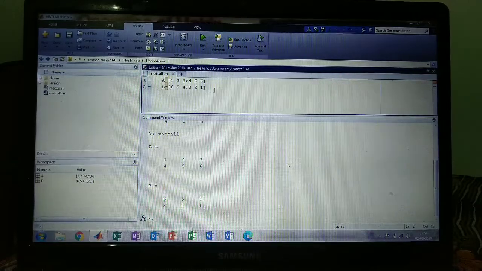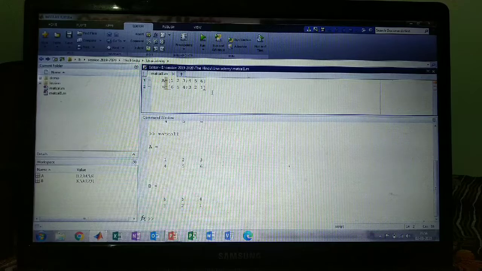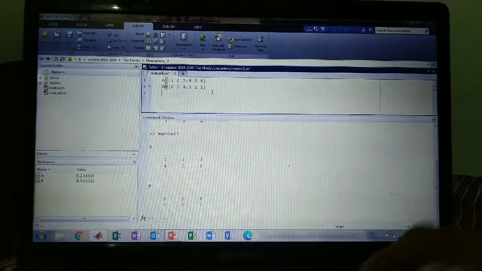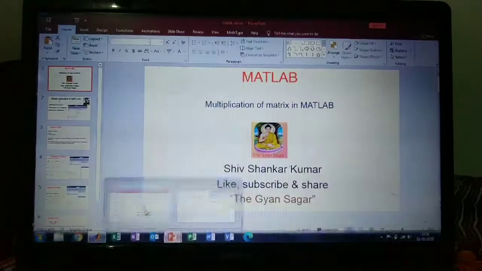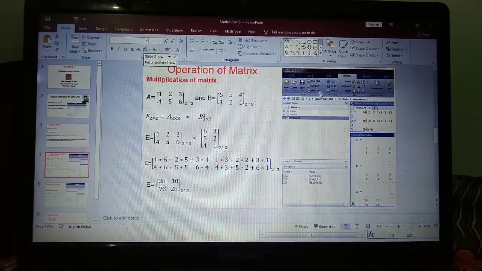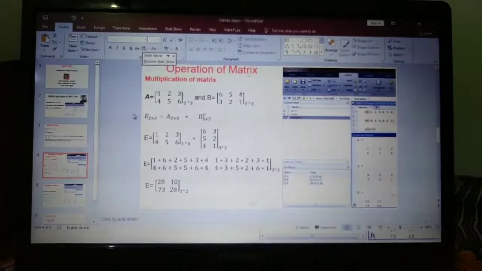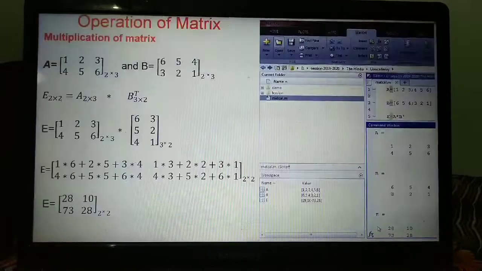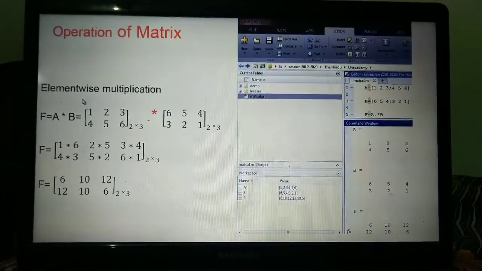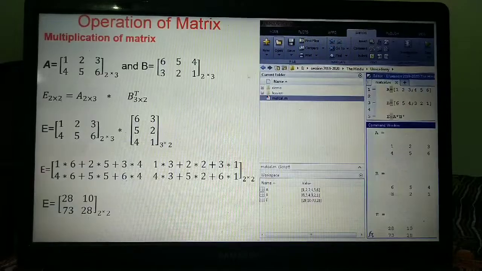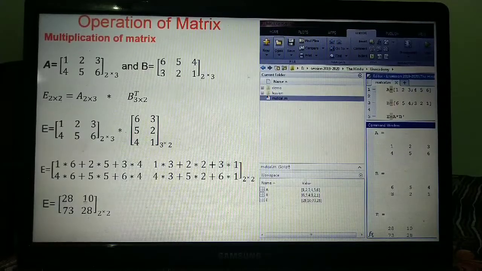Now I want to multiply A and B. What to do for multiplication? I will define another matrix E, equal to A times B, where A is already defined here and B is defined here. After multiplication I will get the result 28, 10, 73 and 28.